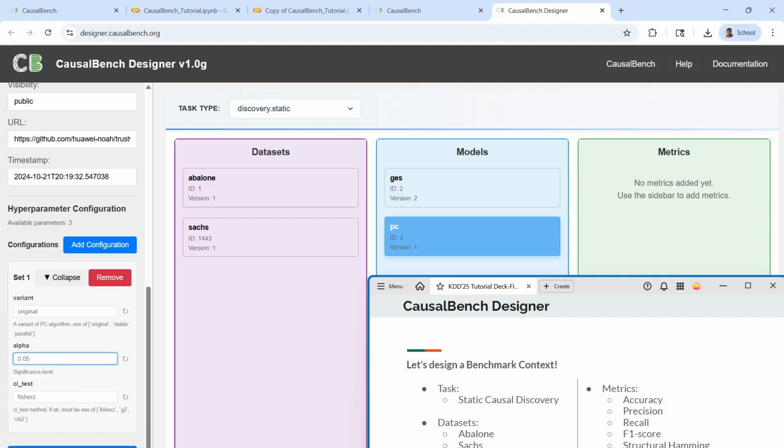Let's try modifying the alpha parameter. So the default is 0.05, but I want to use 0.01. This is the significance level of the conditional independence tests. You can actually try with a different value instead of 0.01. You don't exactly have to follow me. You can try, let's say, 0.02 or whatever. And once you do that, you click on apply, and you can see that the PC model has been added